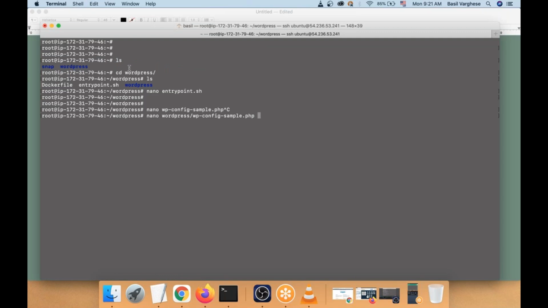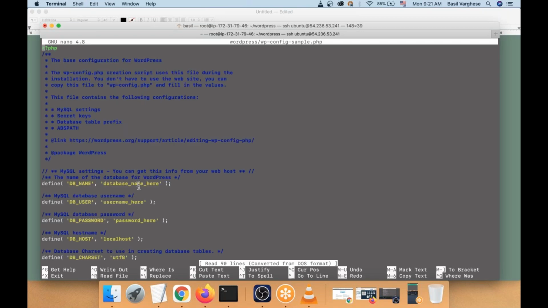So this is the original WordPress config file. Here, you will find database_name here, username here, password here, localhost. So these are the four things that you want to replace. You agree with me? So what I will do is I will write my program that will replace all these four values